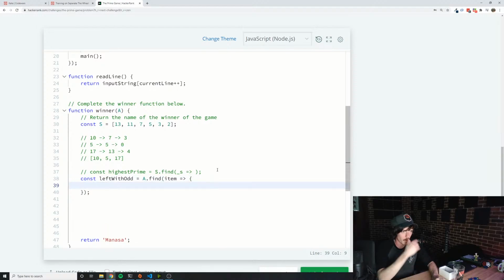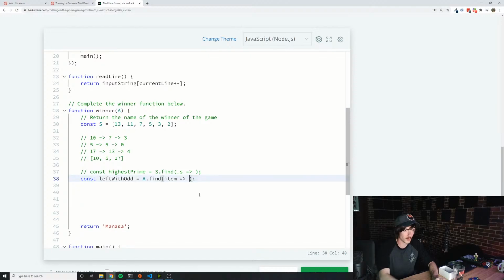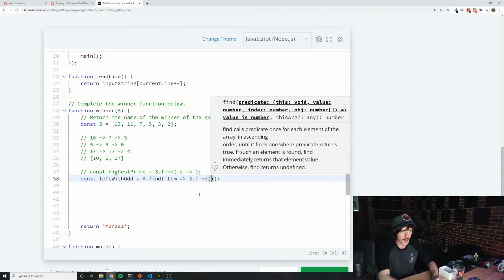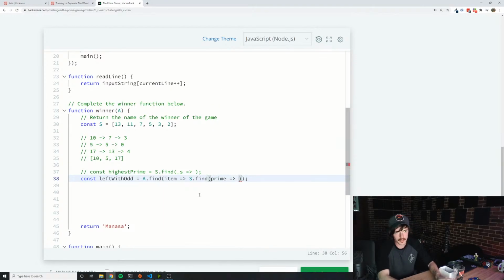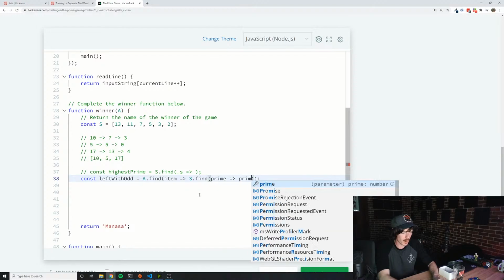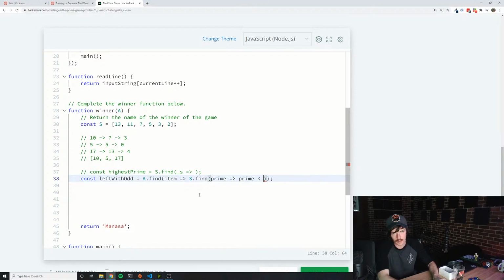So we want to return whether or not we can find, so we're going to do another find, S.find. We'll call it prime. We want to be able to find a prime number where we can subtract the prime number from item. But first we need to make sure that it's less than the item we're on. So we have to say prime is less than or equal to